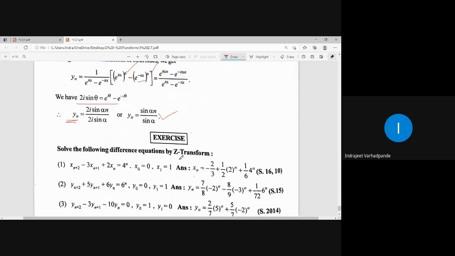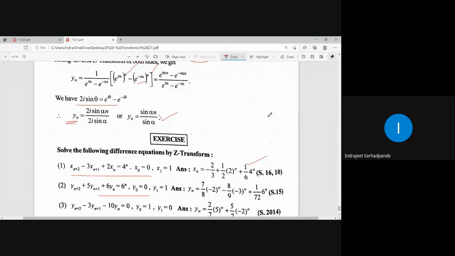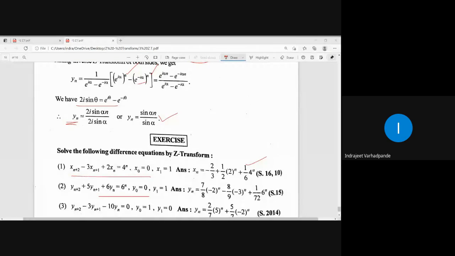So there is certain list of problems which you can solve these particular difference equation with the help of the z transform and get the corresponding answers. So calculation for the difference equation with the help of z transform is bit a little lengthy method, but आपको in case of descriptive